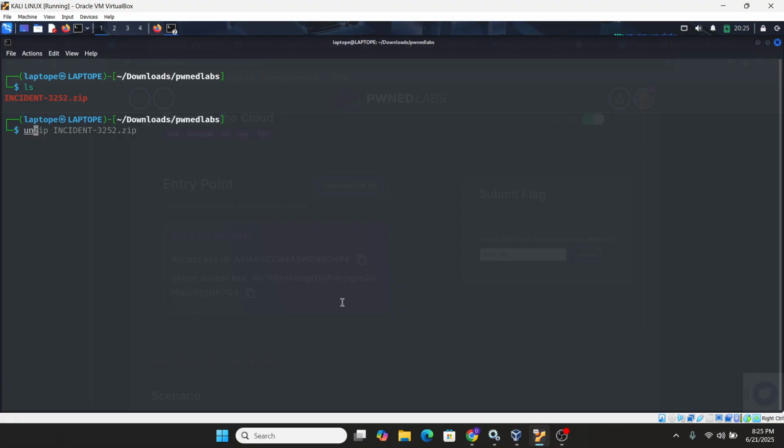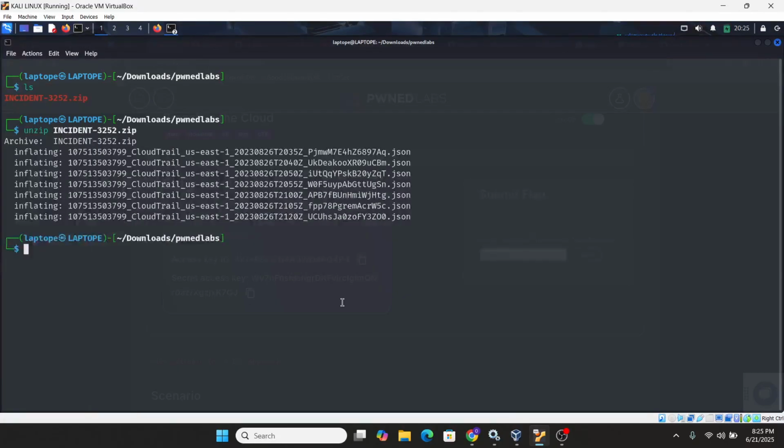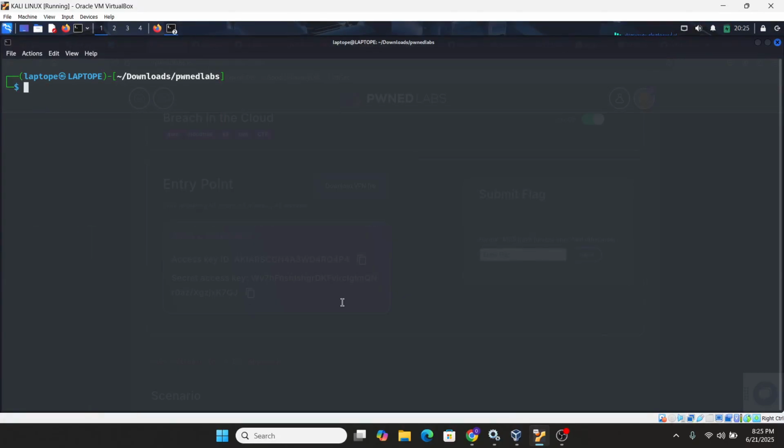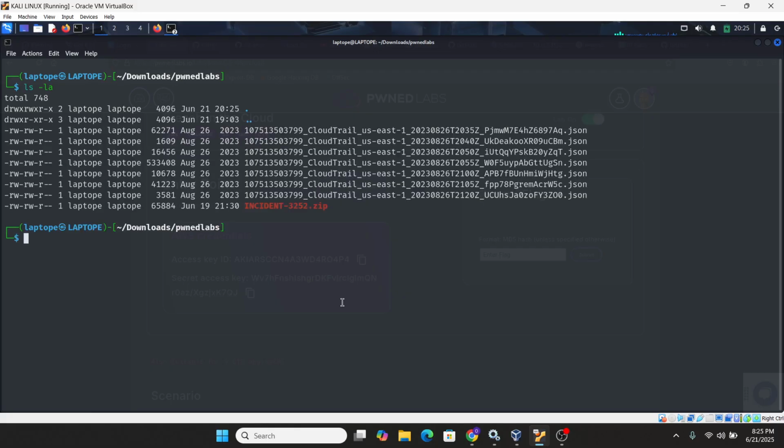To unzip this, we enter unzip incident, then press enter. Now we can see that our logs have been unzipped.